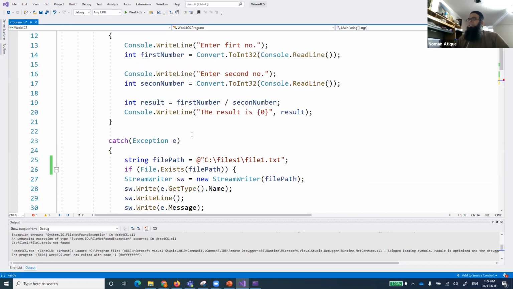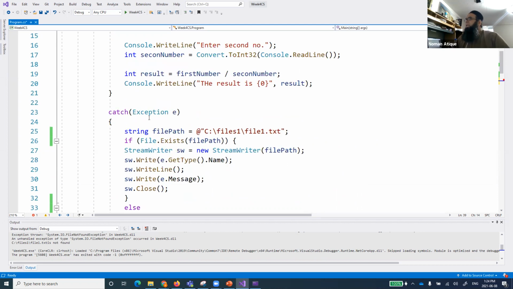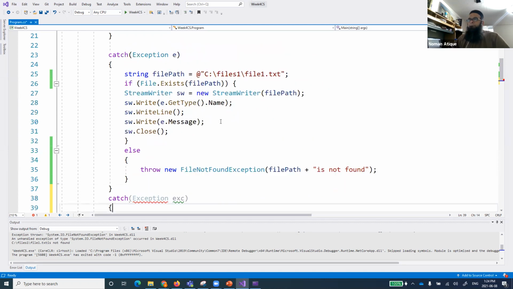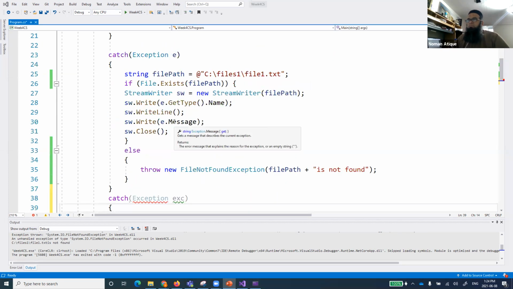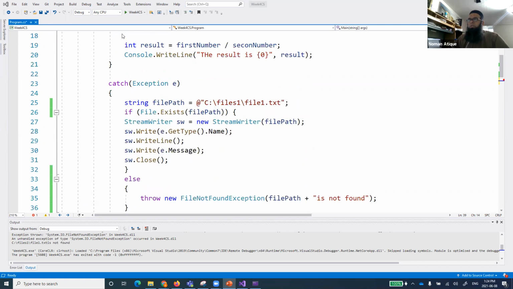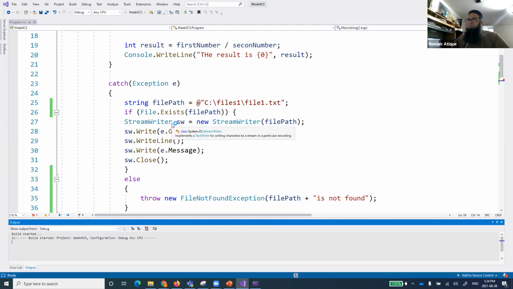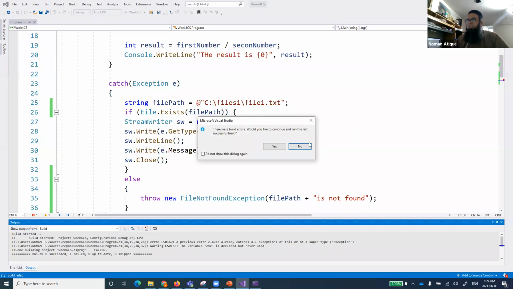Okay, right. So what is happening? This catch exception is already handling that one out. So what I can do is change it to some other exception type maybe. Okay, right. So let's run that and see if it works. If it gives an error, we'll just talk about that. Yes, this is an error.